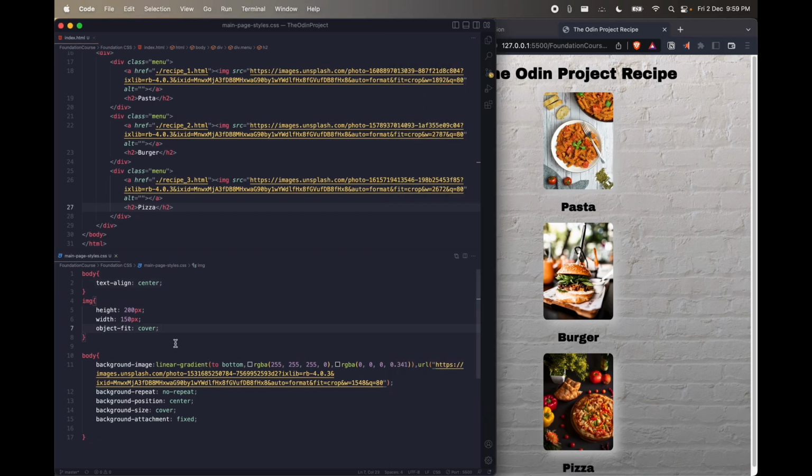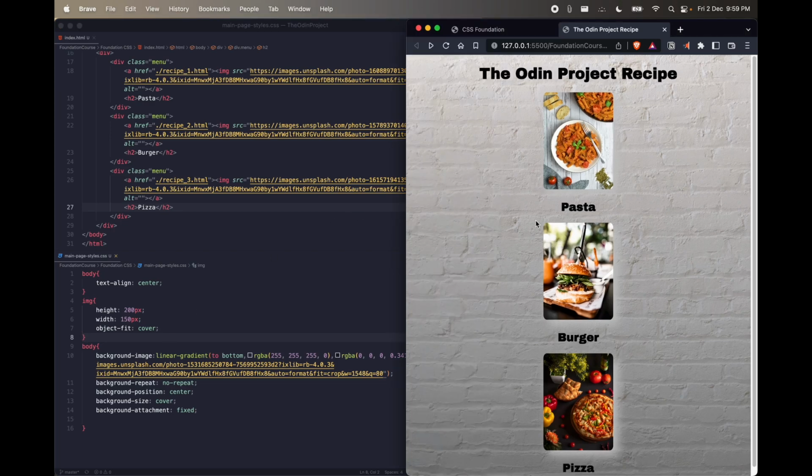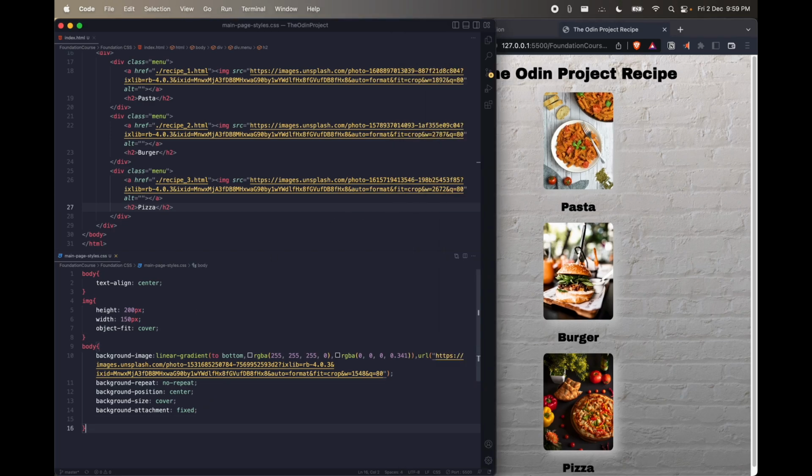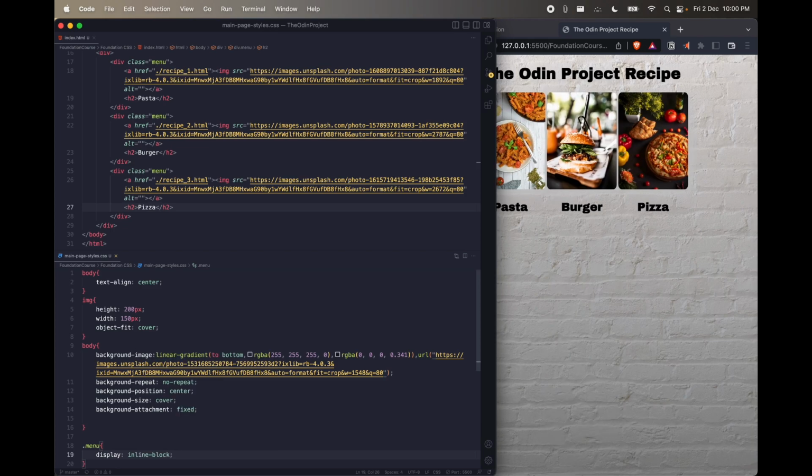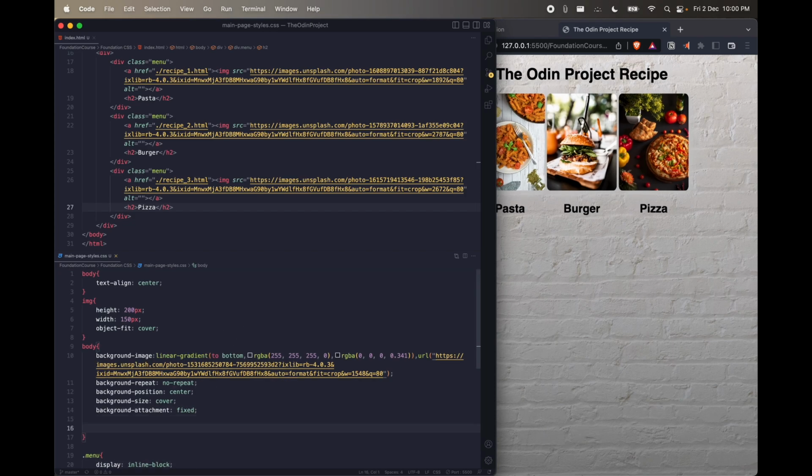Now what we need to do technically, first of all, since every div is a block element, I need to convert it. Each and every class menu, dot menu, display inline block. Amazing. All right, now the entire body tag. Inside the entire body tag, what I need to do is